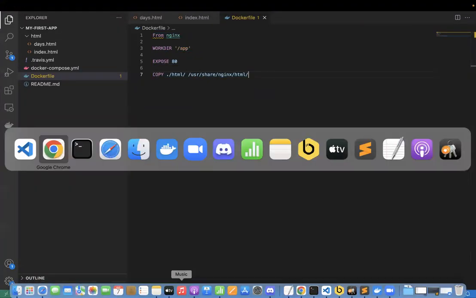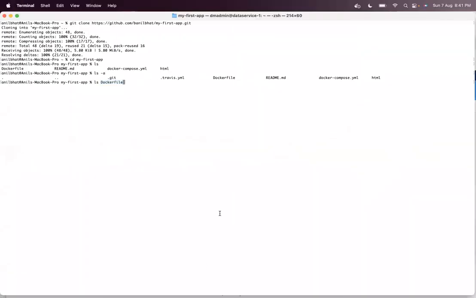We can go to terminal, go to the repository and type the command docker build dot. Docker build dot will build the application from the Docker file. By saying dot, you mean the current directory. That means your current directory should contain the Docker file.